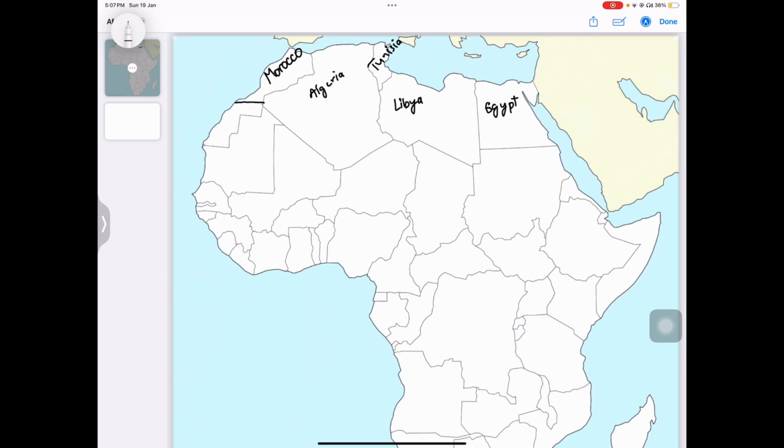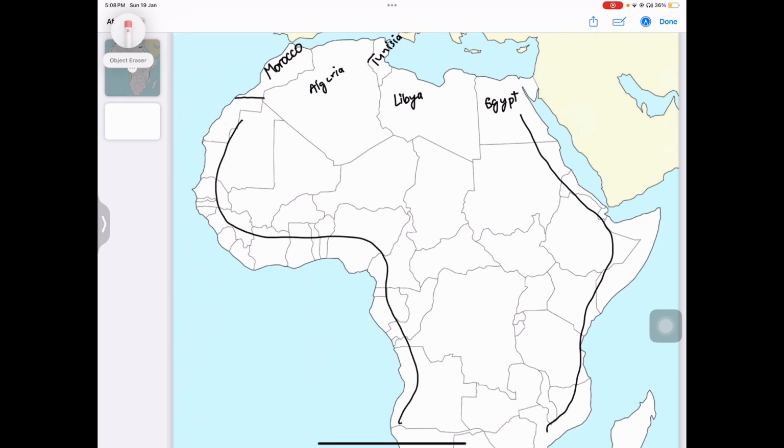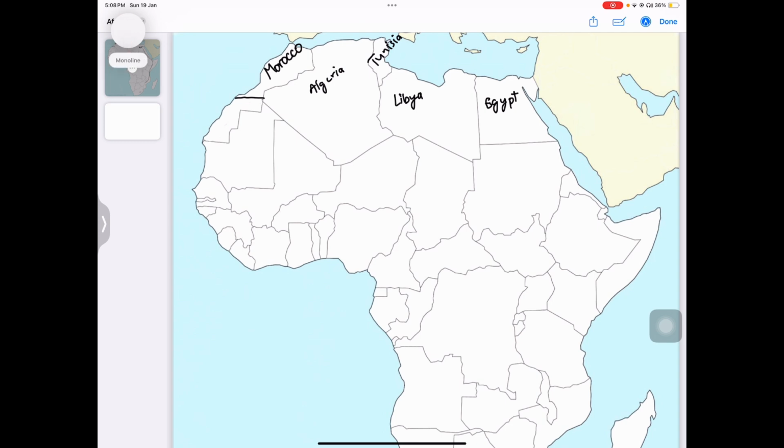Firstly, I will try to cover all the countries on the coast, like we will cover from here to here and will come like this, and then we'll cover the middle portion. This is how I approach it. So then after Egypt we have Sudan, then this country here is Eritrea, this tiny one is Djibouti. I am not really sure how to pronounce it. Then this one here is Somalia,